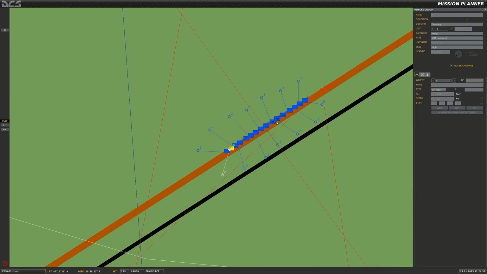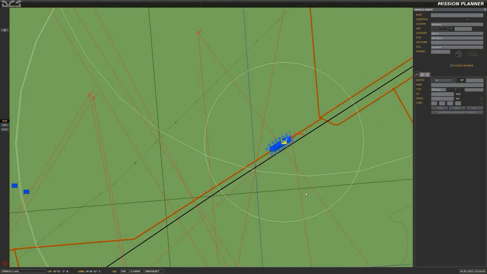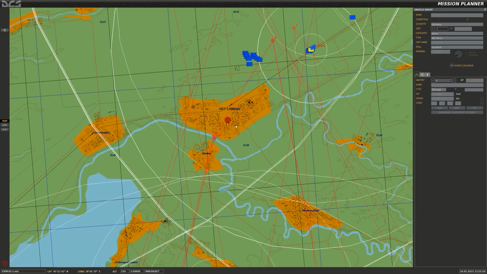It's a combination of Leopard tanks. I have some Gepard self-propelled AAA intermixed with them, and also some M113 APCs. So I know exactly where they're going to be. They're along this road, just as briefed, in a column formation coming down to Ust-Labinsk, and the IP is